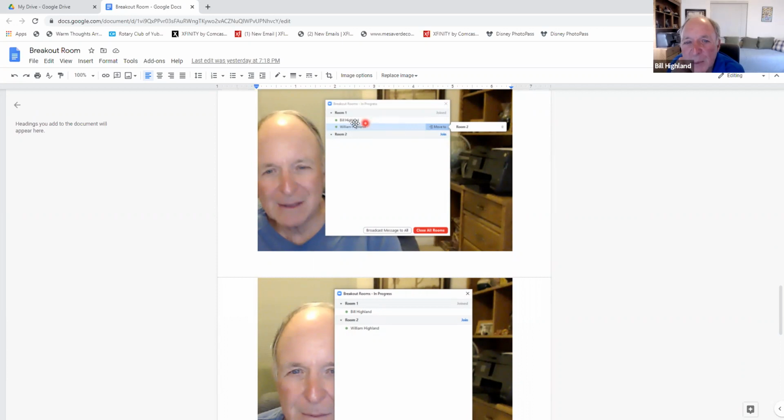if you have people in breakout room 1 and you want to move them to breakout room 2, all you do is click their name and see where it says move to. You click on move to, and in this case, since we only have one other breakout room, you click on room 2, and that will automatically change this person down to room 2. Once you have them in room 2,